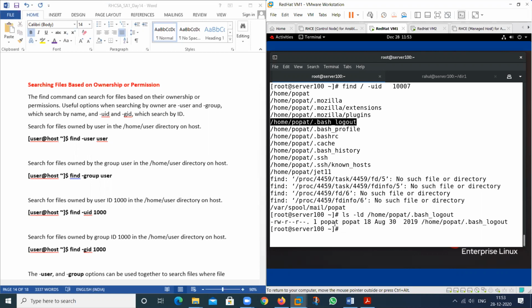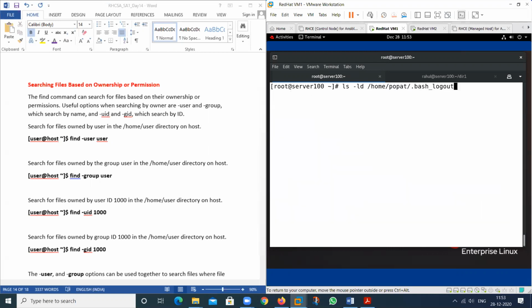See, what is the owner? Popat. And what is the ID of this particular user? So what is the command? The ID is 1007, this one. We can also use group ID.